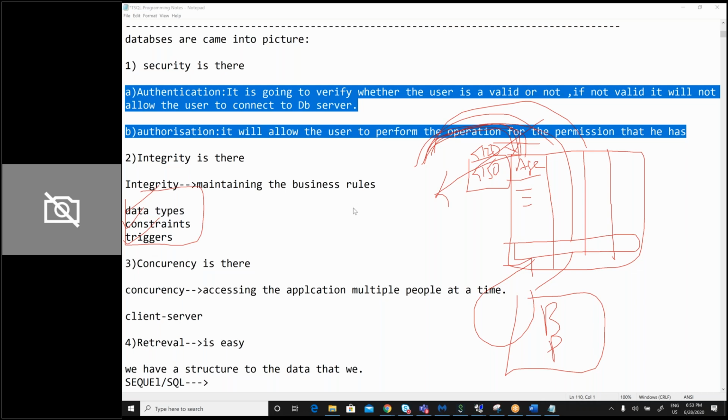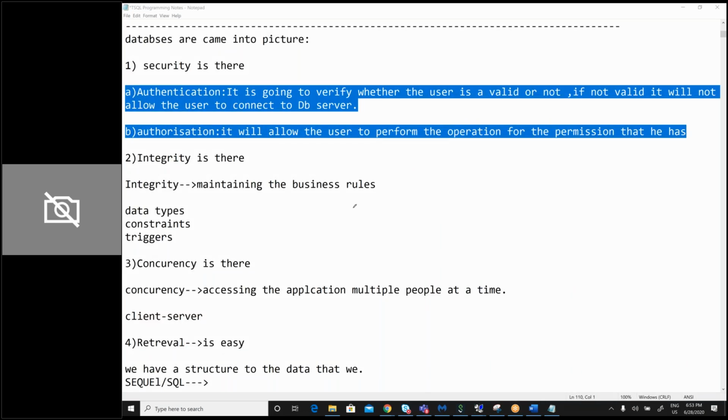Then, concurrency is there. Concurrency means accessing an application by multiple people at a time. As I mentioned, a notepad, a book cannot be accessed by multiple people. A Word document cannot be opened in write mode by multiple people. But here, concurrency is available